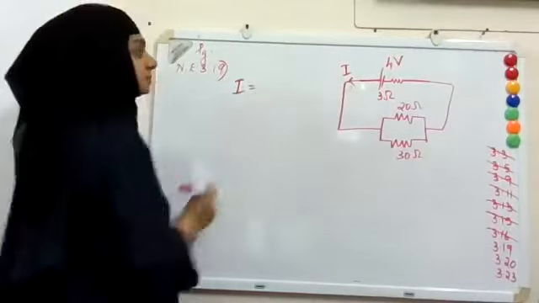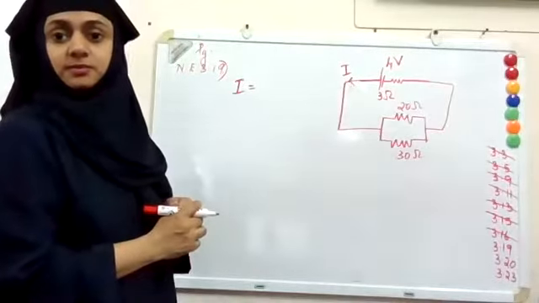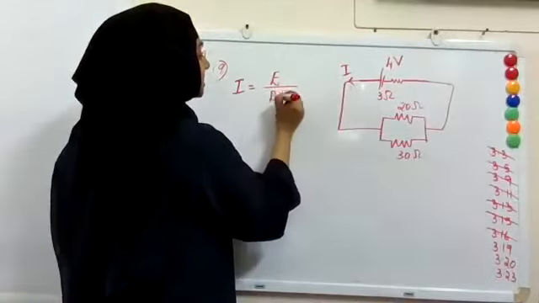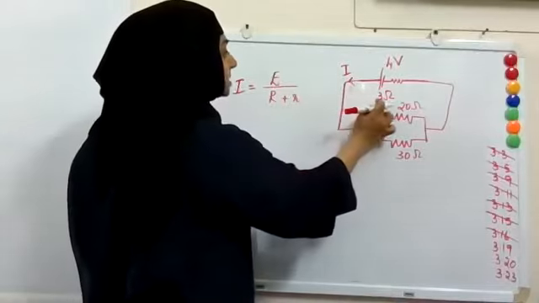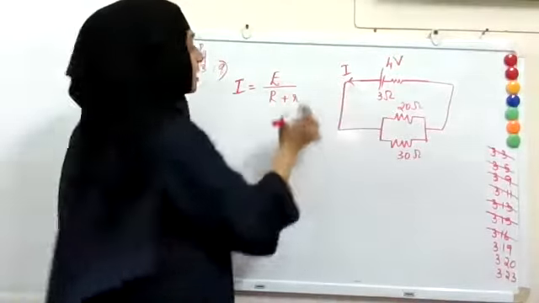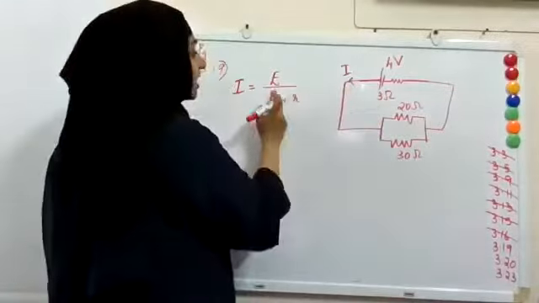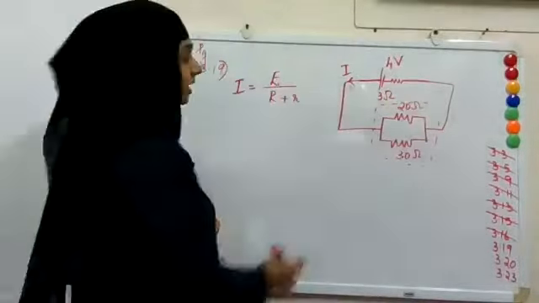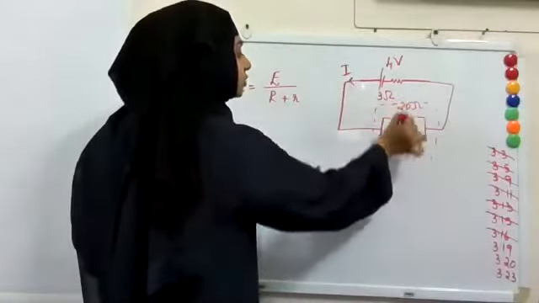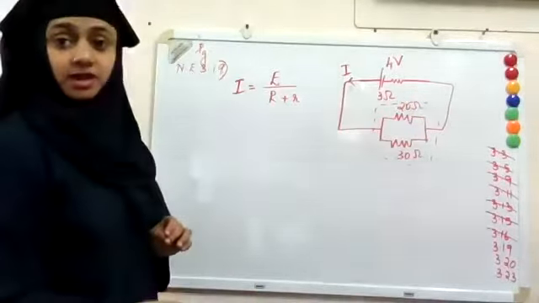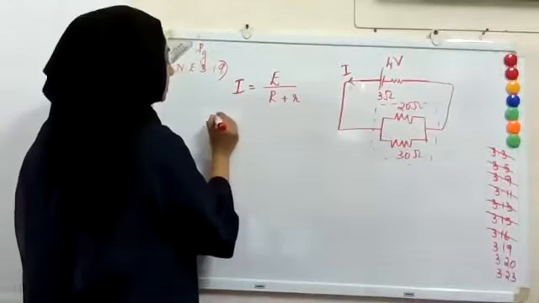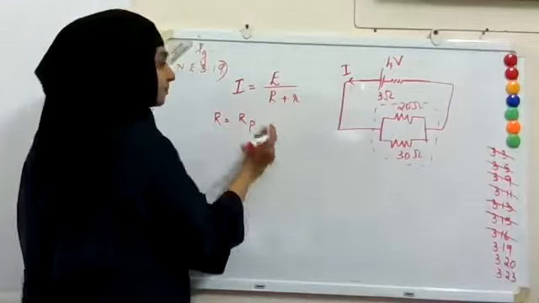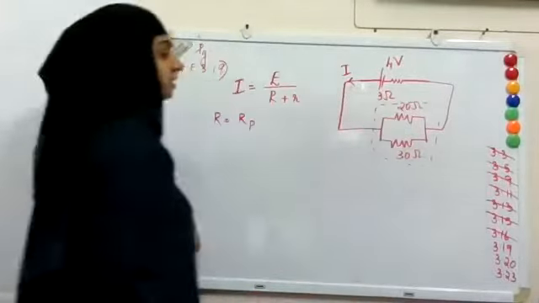Okay. So you have to find current I, and you have learned a formula. I is equal to E divided by R plus small r, where small r is the internal resistance 3 and E is the potential, and R is the total external resistance. Alright? Here as total external resistance, you have two resistances connected in parallel. So I can write R is equal to RP, the resistance of the parallel connection.